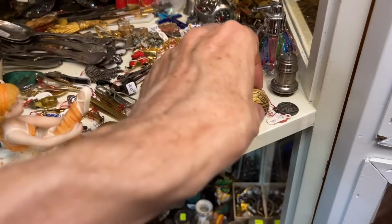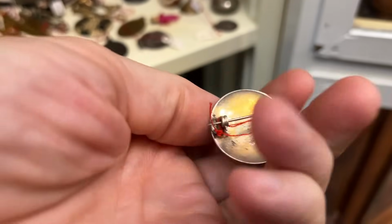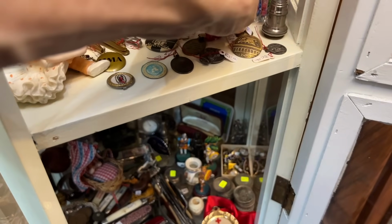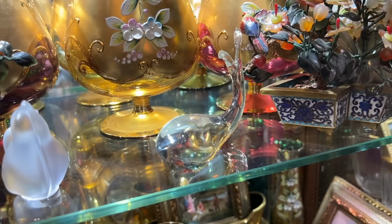This one, on the other hand, is a nice little damask pin. Very nice. Yeah, probably from Spain. It looks like it's vermeil sterling. That's really very nice too. You're right. It's colors, right? Or is it the ones that are behind? I think it's reflecting what's behind it, but that's what I